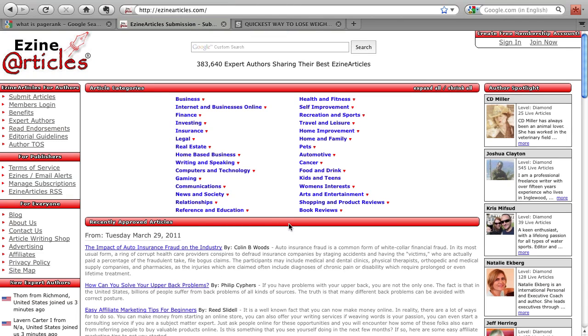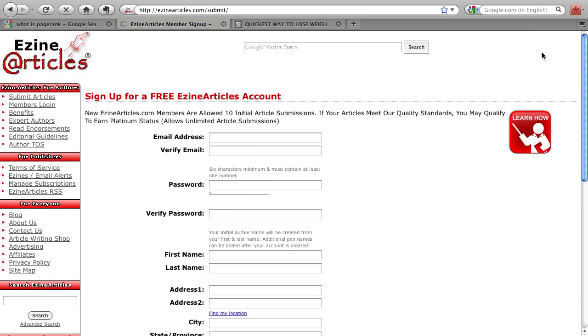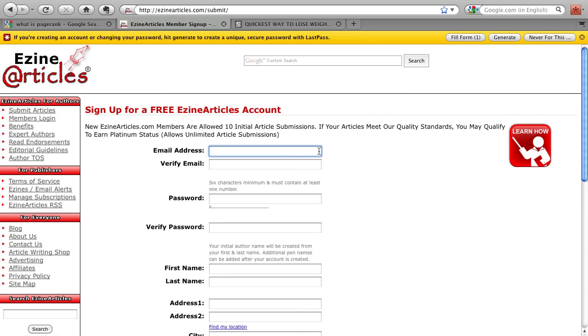All right, so to set it up, just go over here on the left. Right up here, it says create a free membership account. All you have to do is click on the Join Now button, which allows you to sign up an account. I'll run through a sample with you, and then after this I'll run through the rest of the article directory sites, so you can see exactly what it needs. And as I said, create a generic email, which is what they've asked you for here.